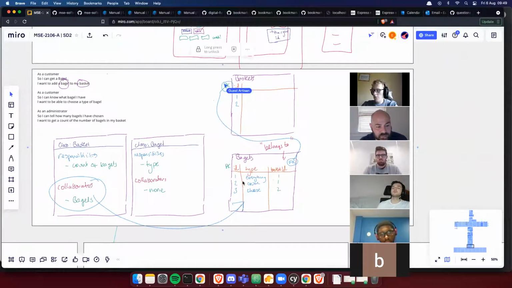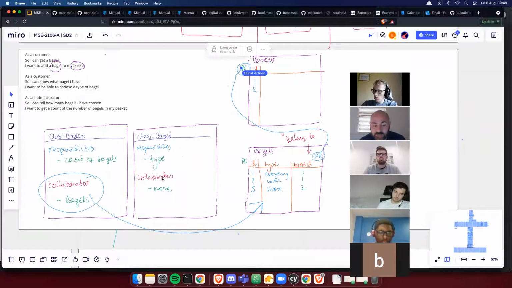So when we think about one-to-many relationships, first we start off thinking about what are the classes from our requirements, what are their responsibilities, and what are their collaborators. And when we think about the collaborator in this situation, where the bagel doesn't have any collaborators, but basket does, we can call this a one-to-many, and then think about who has many and who belongs to what. All right, so in this case, if we write out the sentence, which is always good practice to do so,